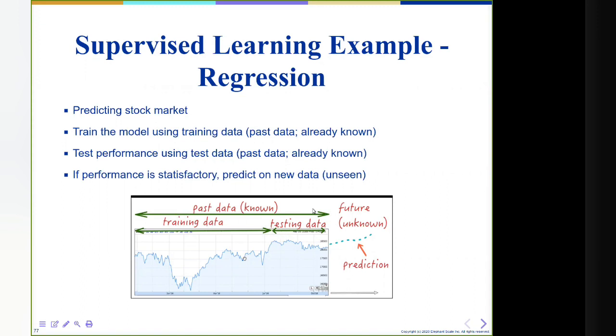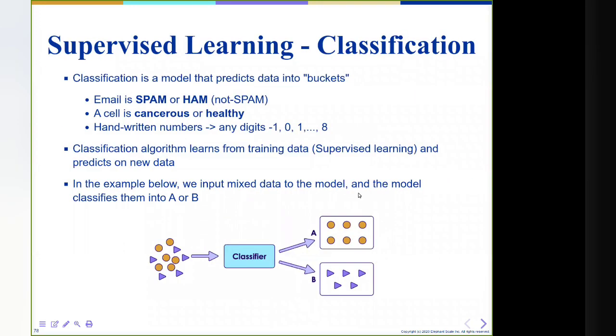So I get some stock market data, I train my algorithm with the training data and testing data, and then the model tries to predict. So the classification example is the same thing. Let's say I'm building a classifier. I'm training the classifier, and here I have mixed data coming in, and the classifier will put them into the